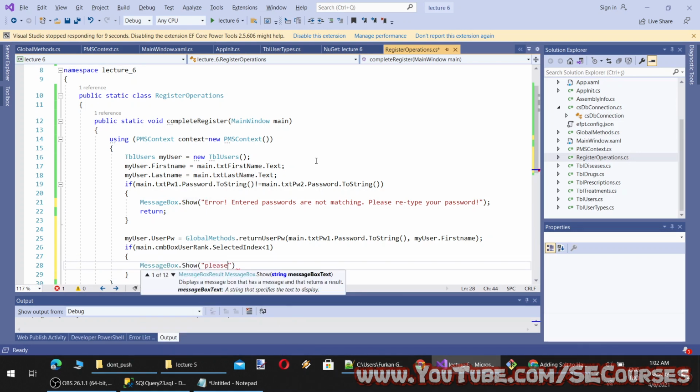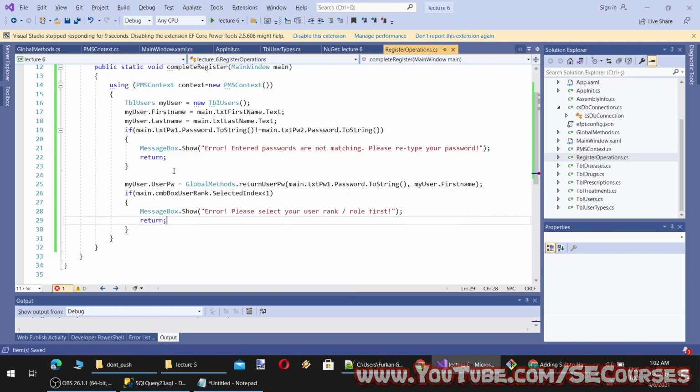Please select your user rank role first. Then return.